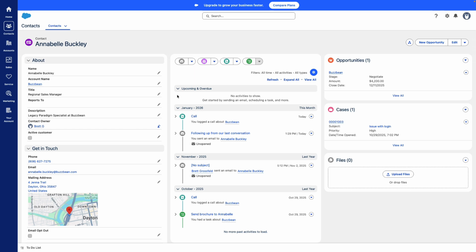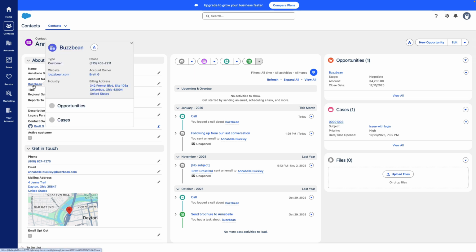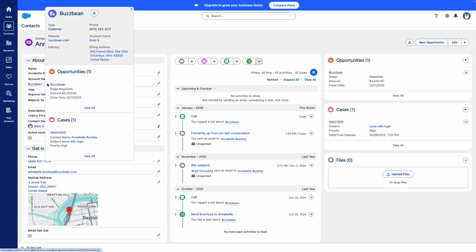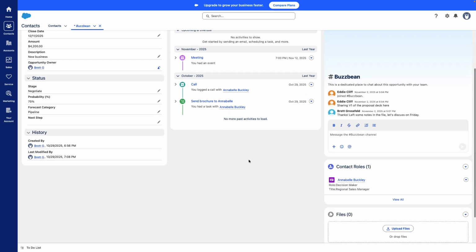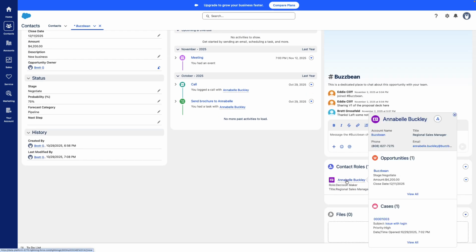It's also your central hub for every interaction. Every email sent, call logged, and meeting scheduled with the contact lives right here. A contact is also an important record for connecting to other standard records to create a 360-degree view of your customer relationships. Every contact is linked with an account record, which is the business or organization that the contact is